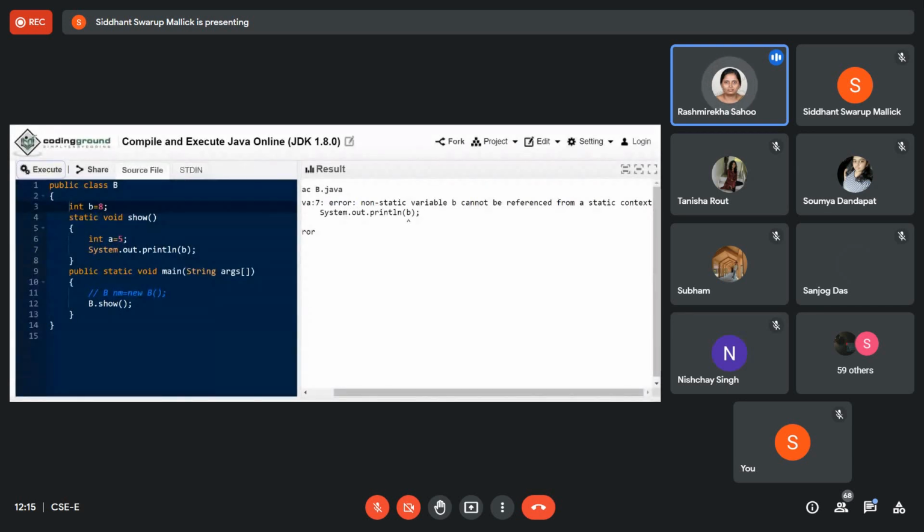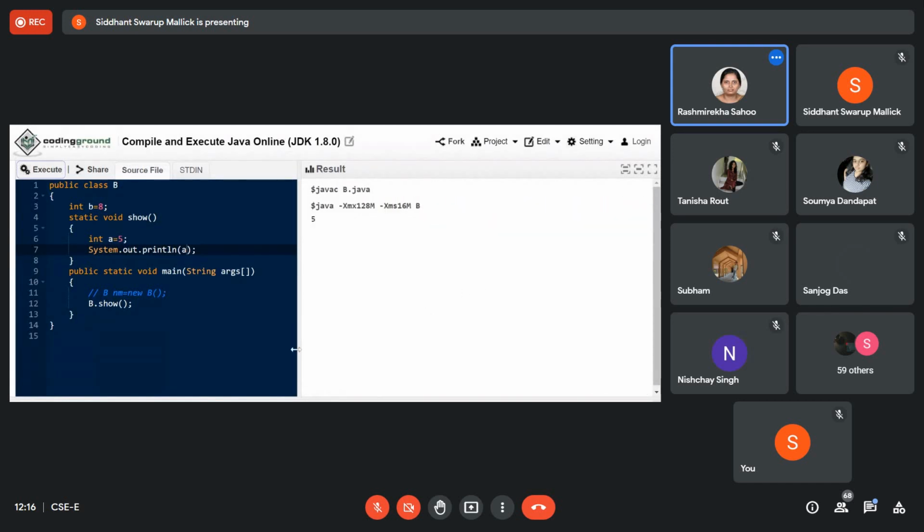So you print here a in place of b, you just print the a value. Okay, so it is showing.